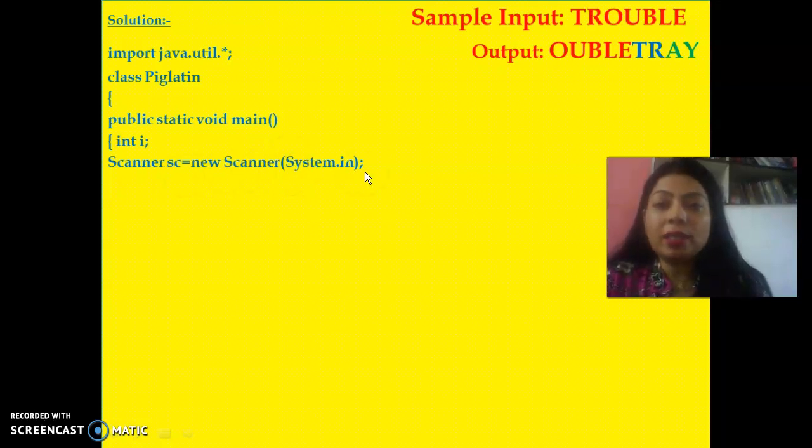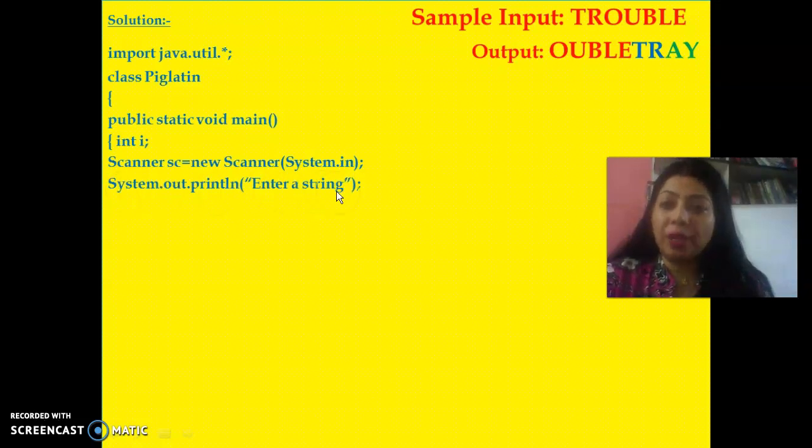Here Scanner and System are in capital, as Java is case sensitive, so be careful with capital and small letters. Then you are asking to enter a string rather than a word. So System.out.println, enter a string or enter a word. Now declare one String, S in capital.